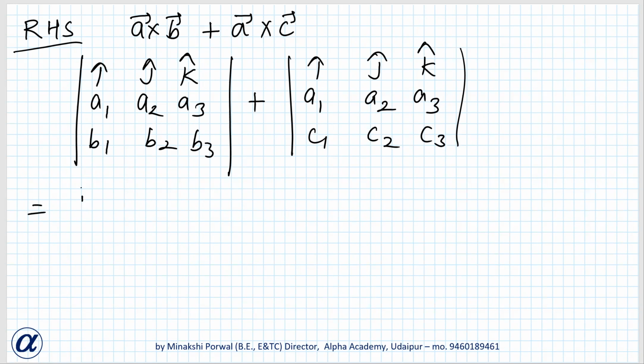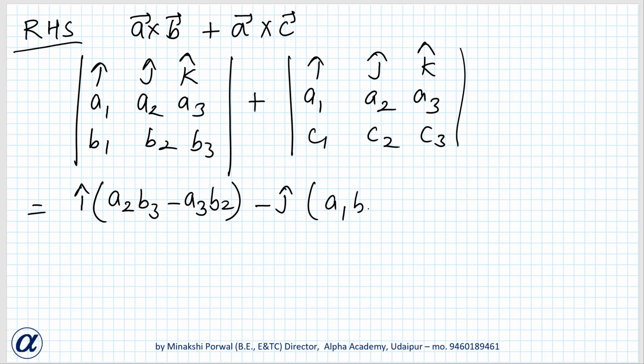So this will be vector I cap, A2 B3 minus A3 B2, minus J cap, A1 B3 minus A3 B1, plus K cap, A1 B2 minus A2 B1